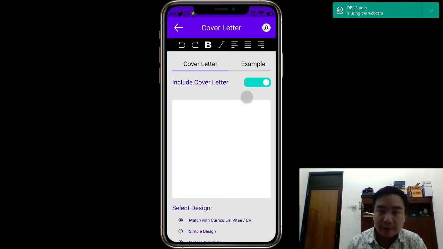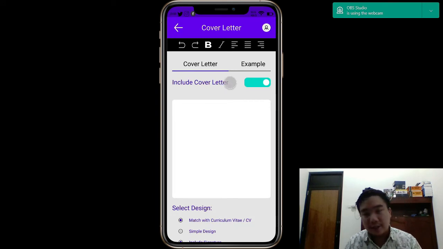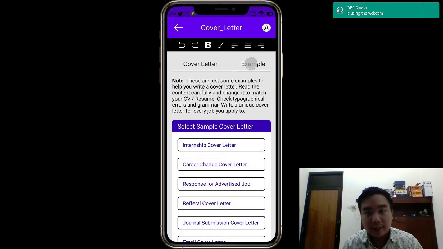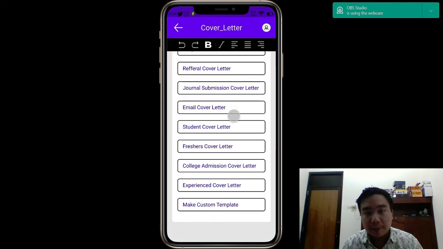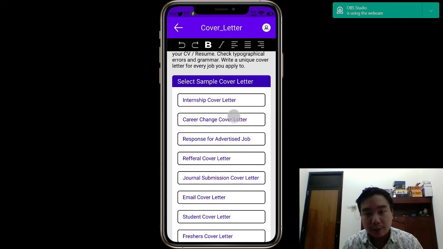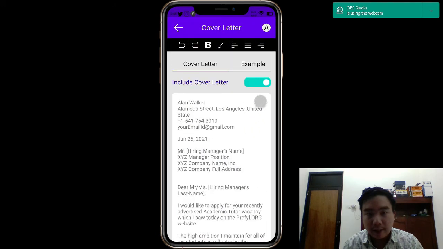Save for the save. And if we don't know, because most of us don't know how to make a cover letter when we are still novices, we can choose one of the templates here. For example, I want to apply for an English tutor job. So for the English tutor job, we will choose the right template. Maybe this one, a response for an advertised job,